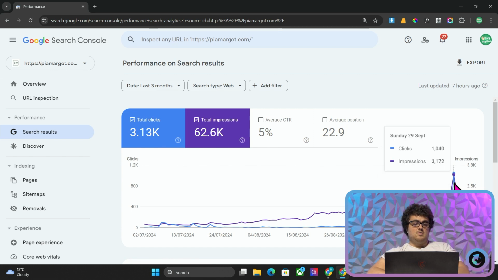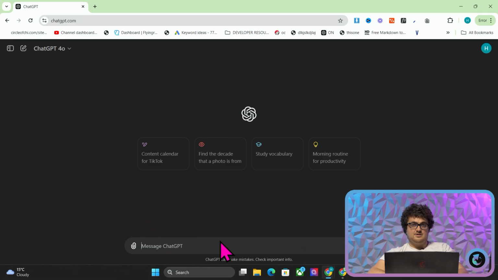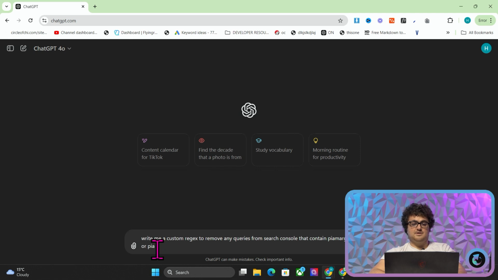So what I want to do is, it's not just for anomalies, it's how to actually track whether your business is growing without any of the bullshit, okay? And it's using something called regex. So the first thing we're going to do is go on ChatGPT and just say, write me a custom regex to remove any queries from Search Console that contain Pia Margot or Pia Margot,